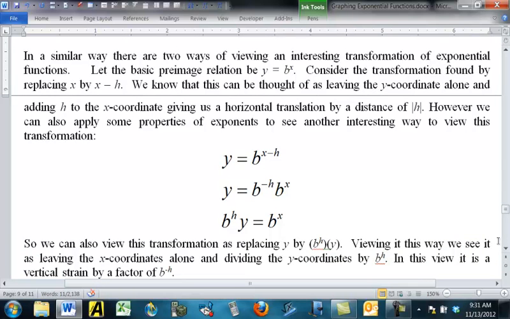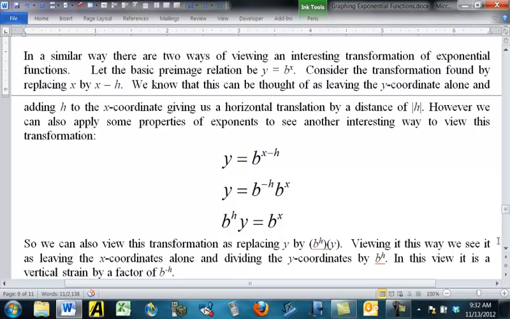But there's something interesting about exponents. Because of some properties of exponents, it turns out that actually a horizontal translation is the same as a vertical stretch or compression. So that's kind of interesting here. So again, let the basic preimage relation be y equals b to the x. Now what if we replace x by x minus h? Now we know that this is going to be leaving the y-coordinate alone and adding h to the x-coordinate, which is a horizontal translation by distance of whatever the absolute value of h is. But notice, so this will give us a new formula, y equals b to the power x minus h. That's clearly moved h units